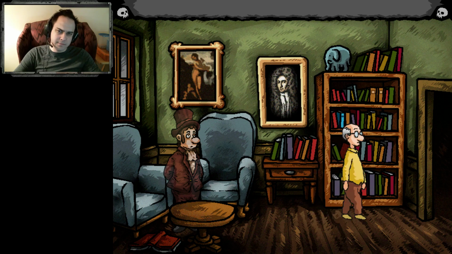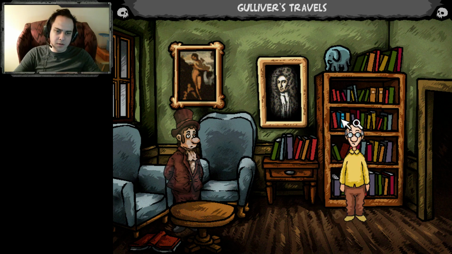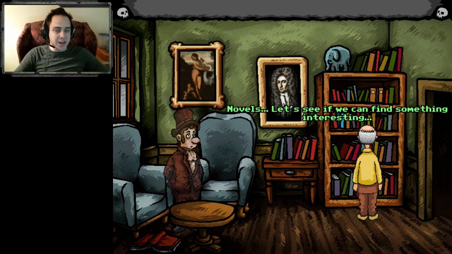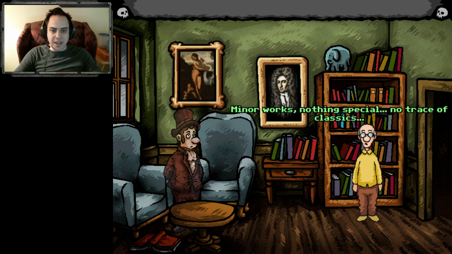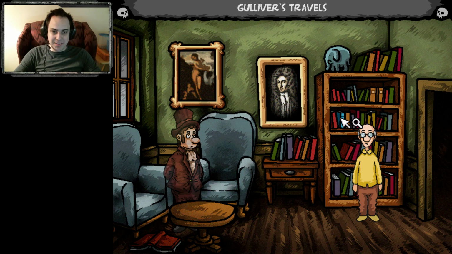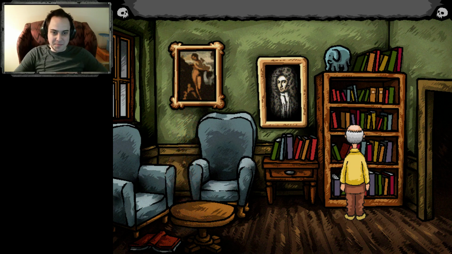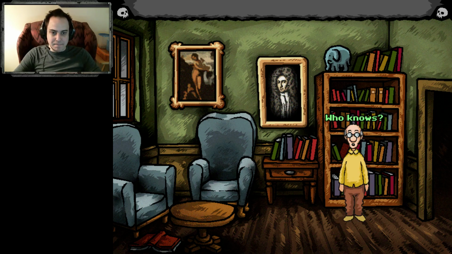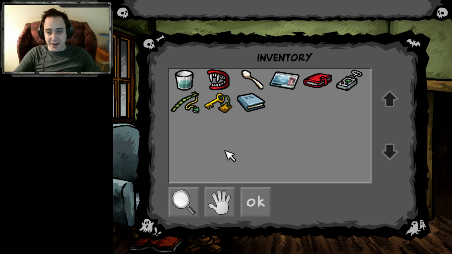No. So if I look at this shelf, he's not gonna say there's a book, Gulliver's Travels, sitting on this shelf. Okay, that's cheap. That's actually very cheap. I'm unimpressed with this puzzle right now. I'm very sorry, I hate that. That is terrible. Pixel Hunt puzzles are the worst. They're right up there along with...